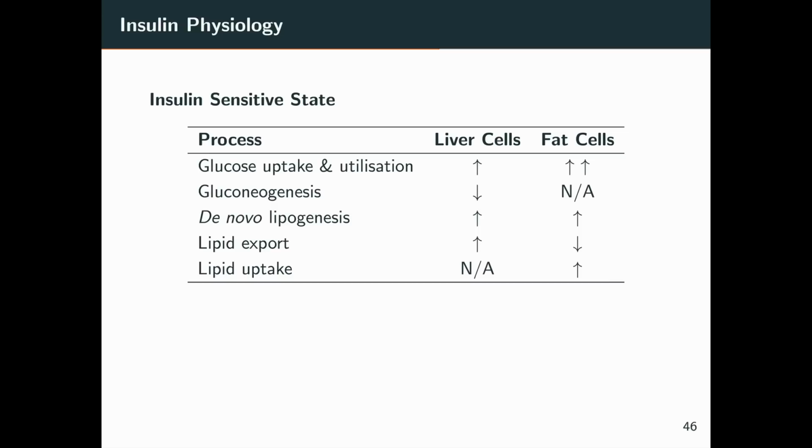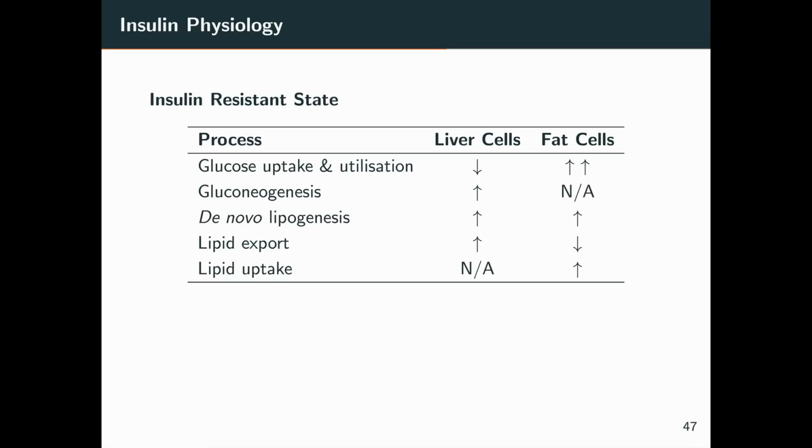All right, so just to summarise, this is in the insulin-sensitive state, so probably most of us today. What does insulin do? In the liver, it increases the uptake and utilisation of glucose, and even more so in fat cells. It downregulates gluconeogenesis in the liver, and it upregulates the production of fat in both liver and fat cells. It increases lipid export by the liver and uptake by the fat cells. But what happens in insulin resistance is really interesting,